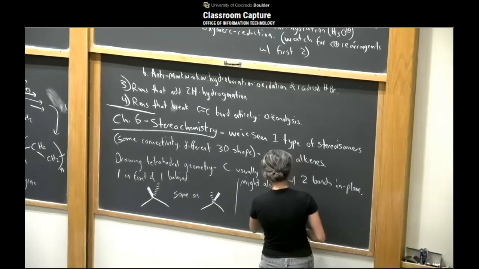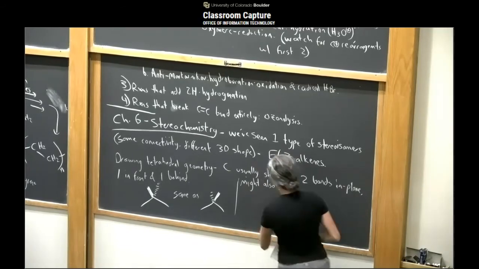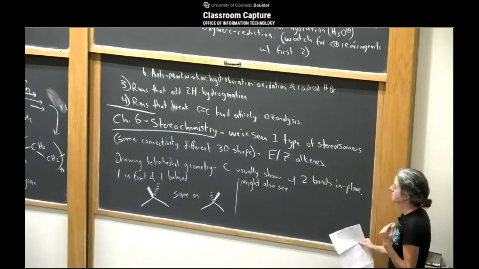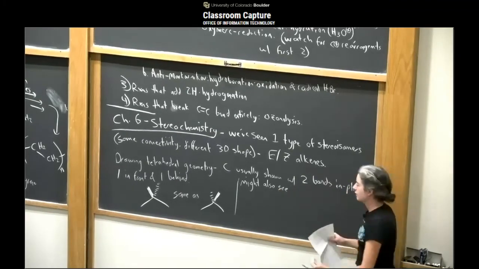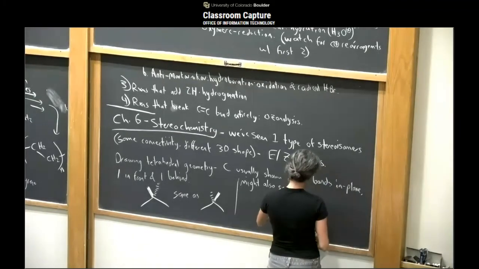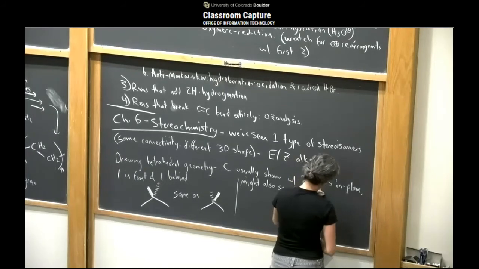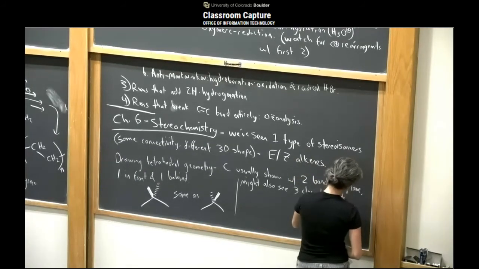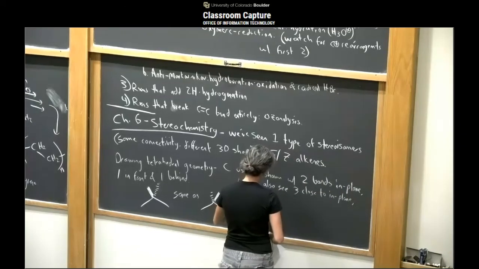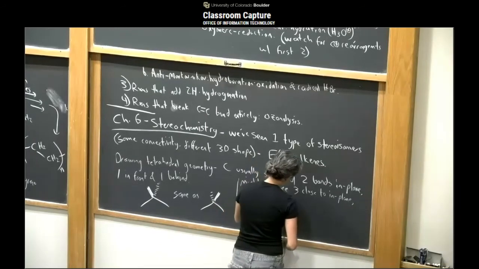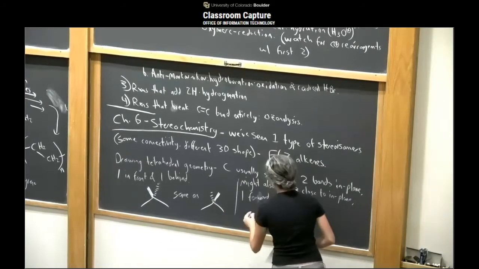and actually, sorry, I'll do this first and then I'll go back and show some wrong ways to draw it. So you might also see 3 that are pretty close to in plane, and then 1 forward or back. This is a little bit less accurate